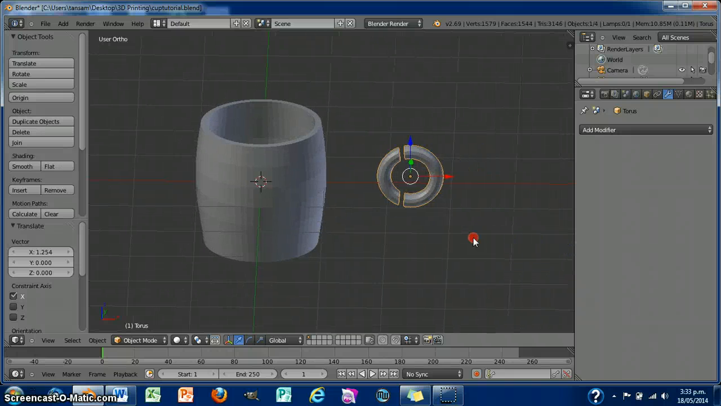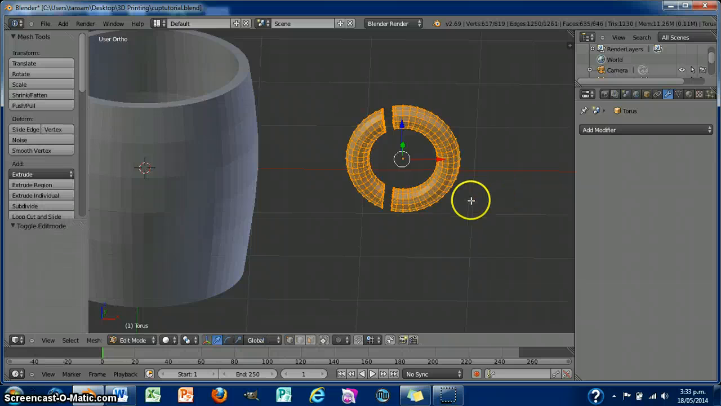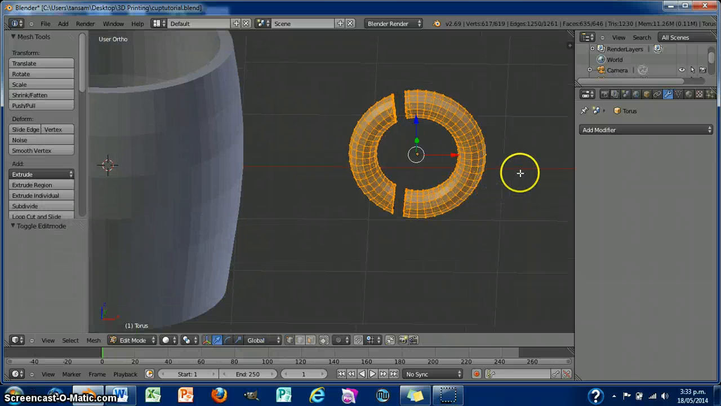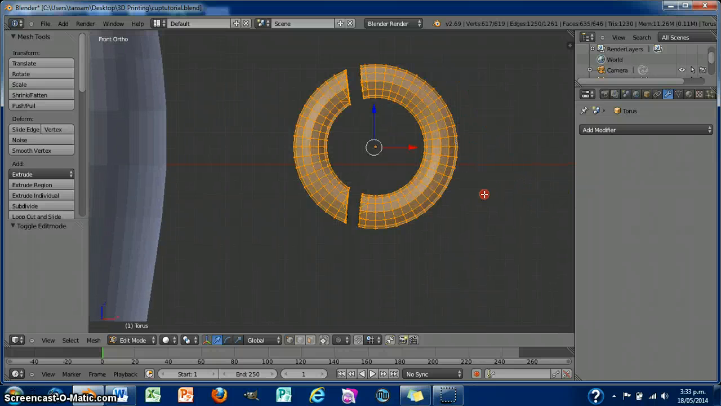Now we've got the holes of that the mug actually left, and what I want to do is delete this part and keep this part as my handle. So I'm just going to go tab to go into edit mode, 1 to be front view, zoom in on it a bit more and pan across,